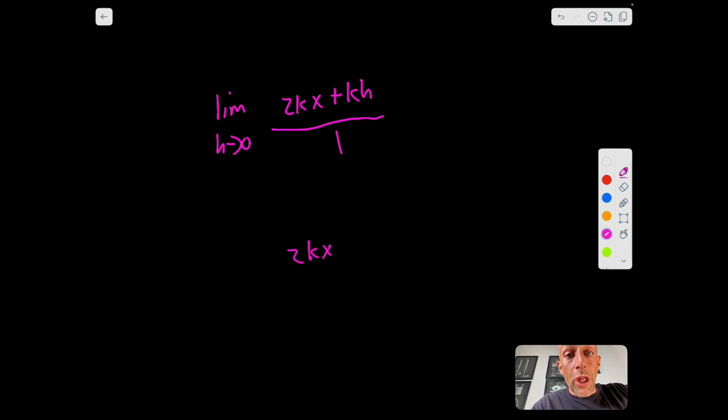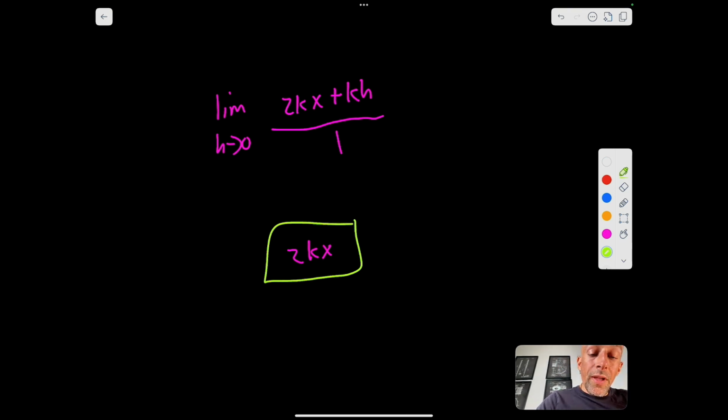Now, my black belt challenge for you. How would you use the first principle if the original problem was kx cubed? You tell me in the comments below, and if you want some more derivative practice,